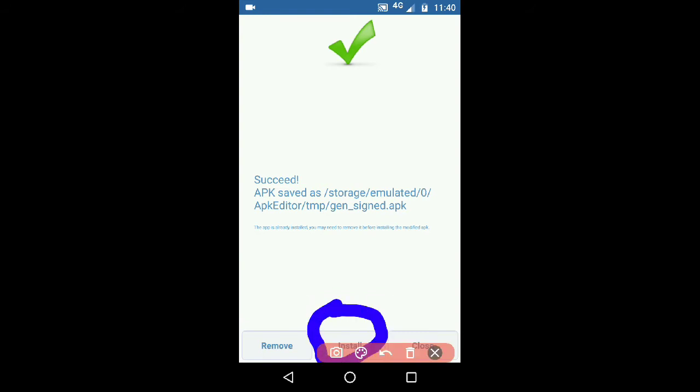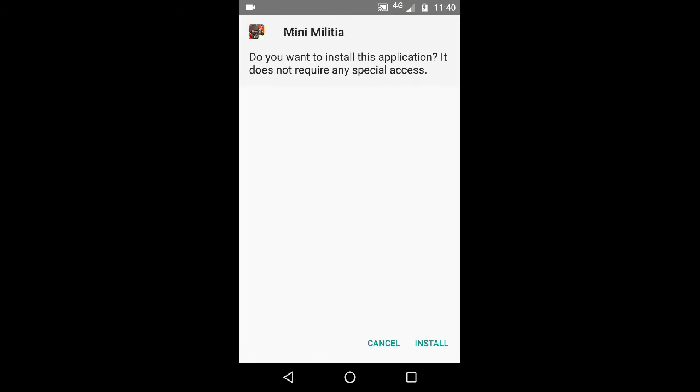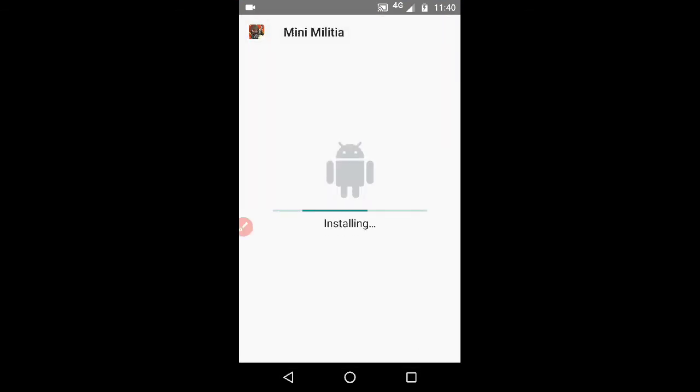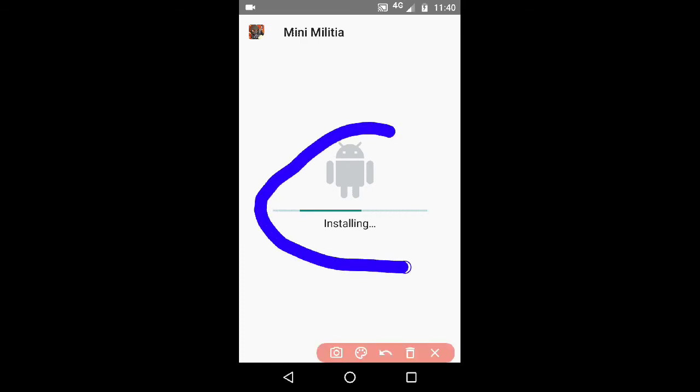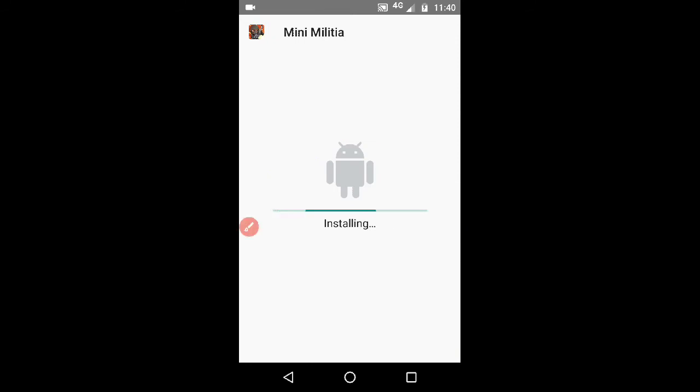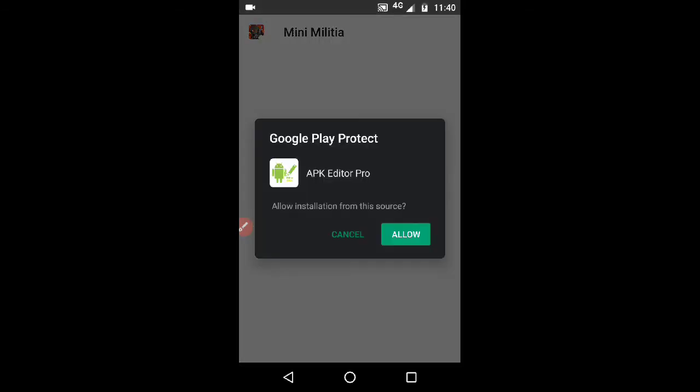Click on install and then again click on install. It is installing. Allow.